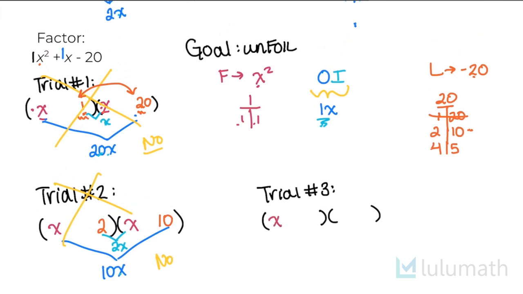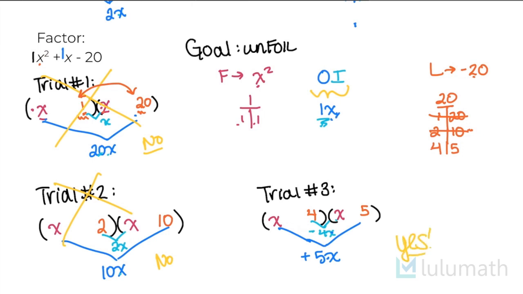So I will put x and x in here again, and this time I know 2 and 10 won't work. Swapping them, same thing, is not going to work. So let's try a 4 and a 5. My outer is going to be x times 5, which is 5x, and my inner is going to be 4 times x, which is 4x, and if I have a negative 4x and a positive 5x, I know that 5 minus 4 is going to give us the one that we want,